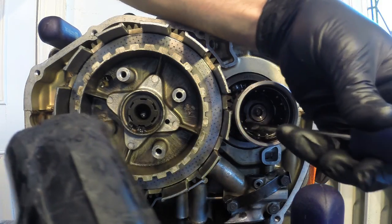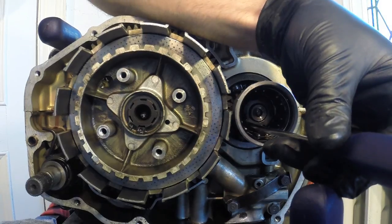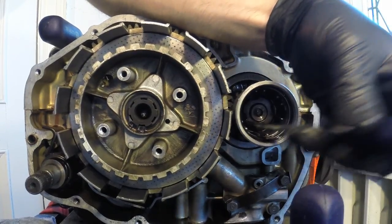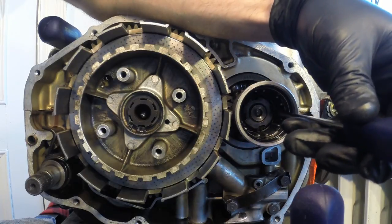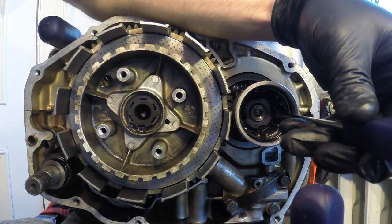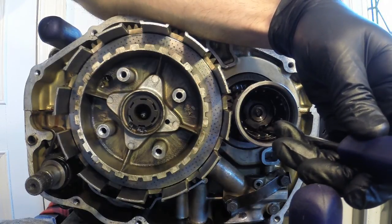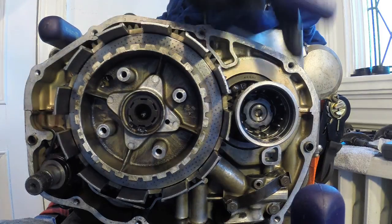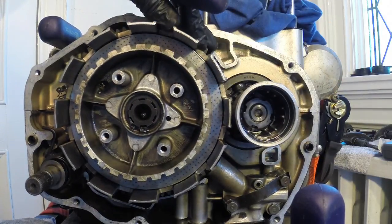So I'm just going about flattening those little teeth. It's really easy. I'm just taking a rubber mallet and really softly just pushing them out of the way. So just be careful. Take your time. I don't know how we're gonna get them bent back, but for now they're out of the way, and now